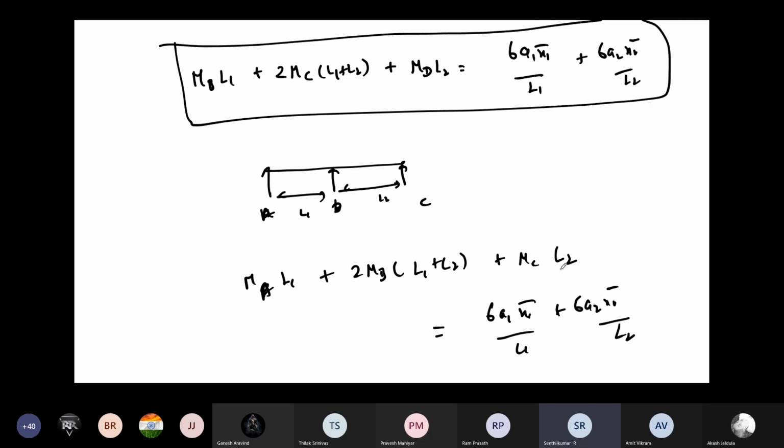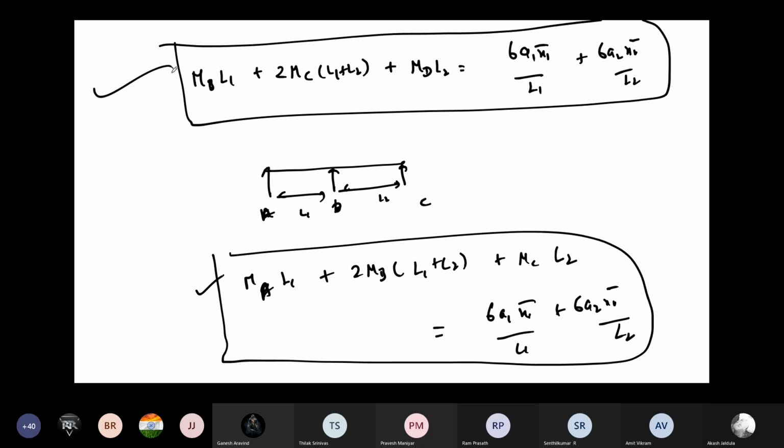So negative everything we already consider. This is a positive bending moment. So positive bending moment areas only we have to calculate. Right. This is the equation of three moments, Clapeyron's equation of three moments. This equation either you can remember, or if you forget, you can derive and remember. So simple thing is like a square plus b square plus 2ab kind of thing only. This X bar by L1, you can remember normally. The bar is nothing but the CG, like that we are calculating.